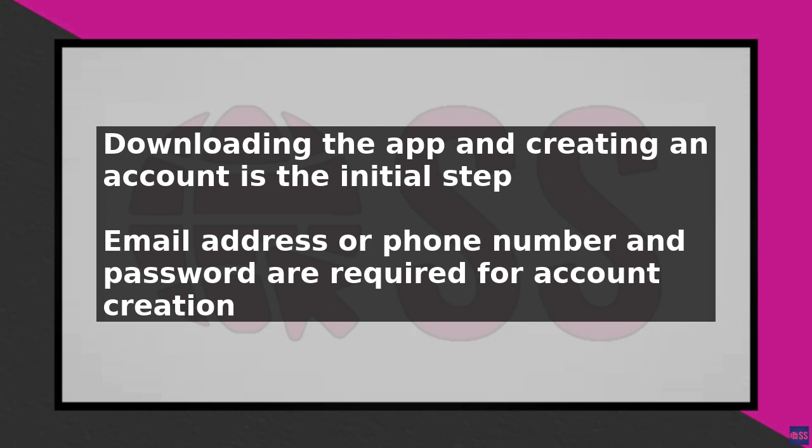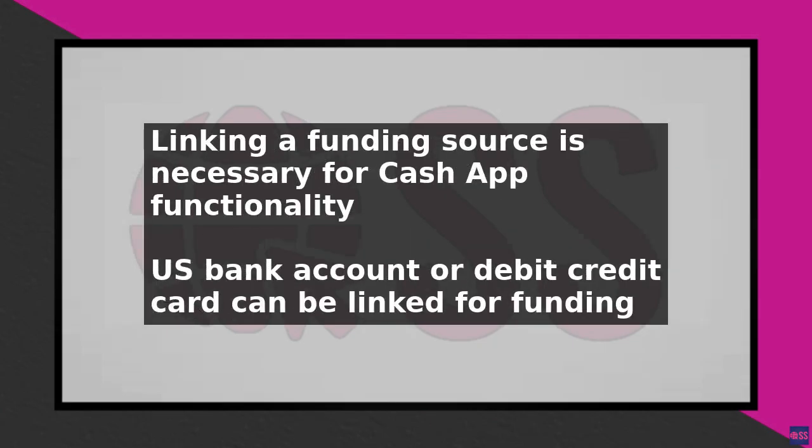After you have linked a funding source, you can start using Cash App to send and receive money. You can do this by going to the home screen and selecting Send or Request. You will then be prompted to enter the amount you want to send or request and the recipient's email address or phone number. It is also important to note that using Cash App outside the US may be subject to